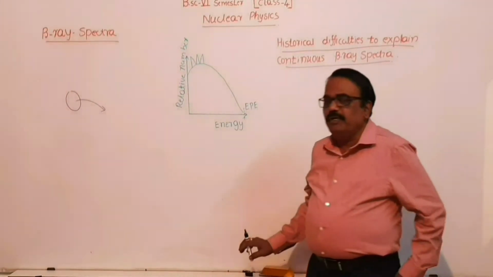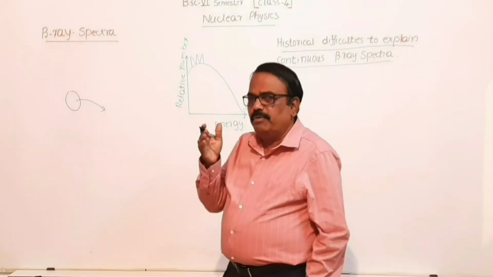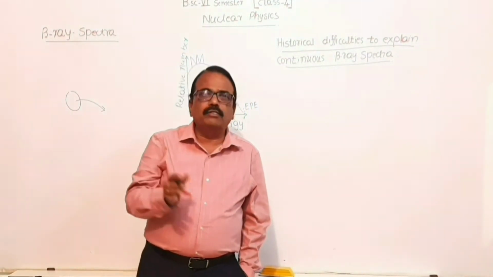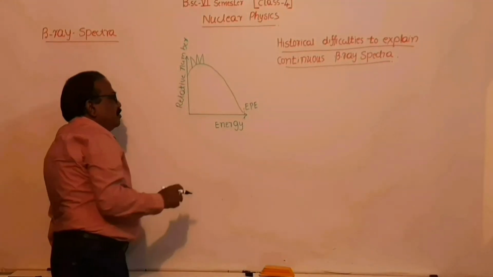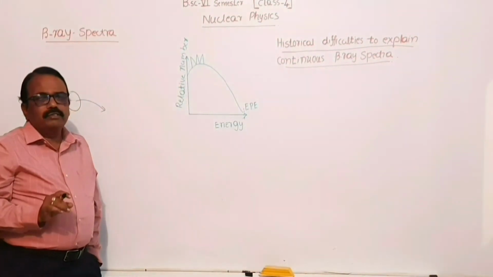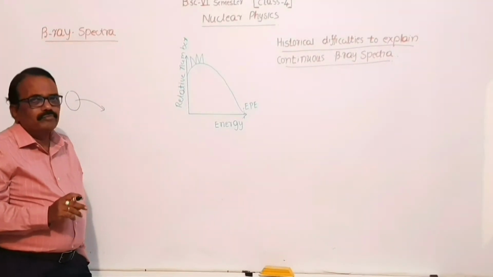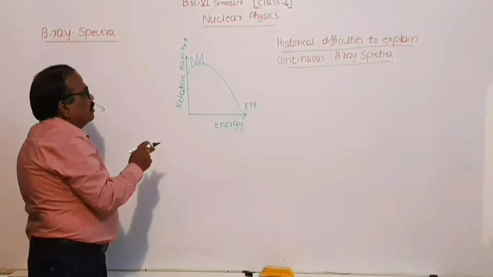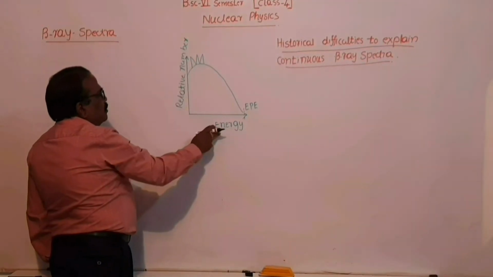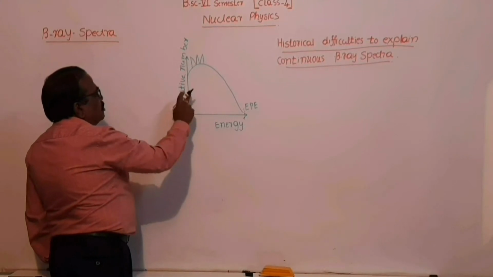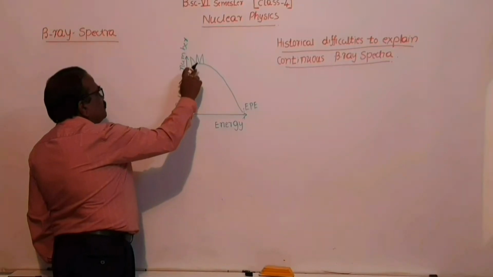Then using this beta ray spectrometer, how the energy of the beta rays varies for different particles versus their relative number, the number of beta particles possessing different energy, a graph is plotted. So from this it is clear that relative number and energy. So the energy of the beta particle goes on increasing as the relative number increases.